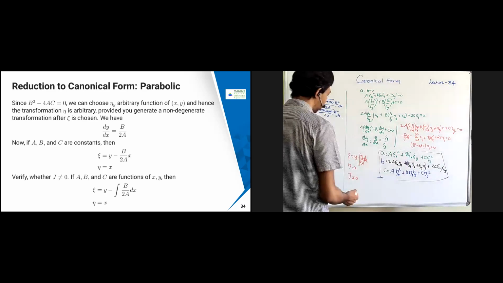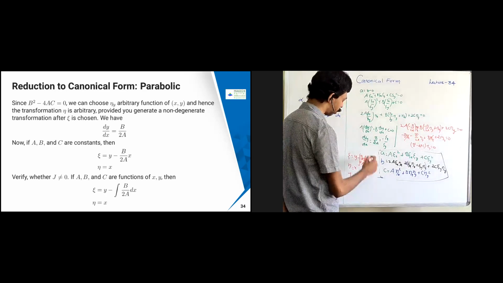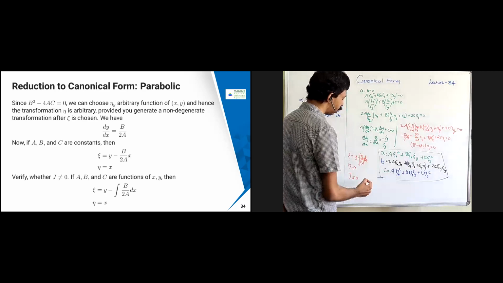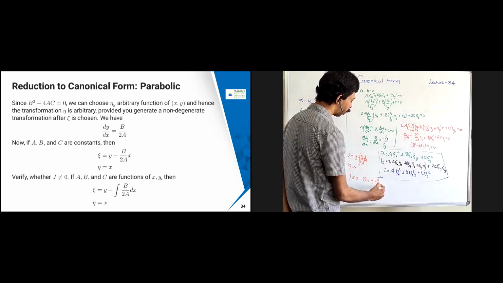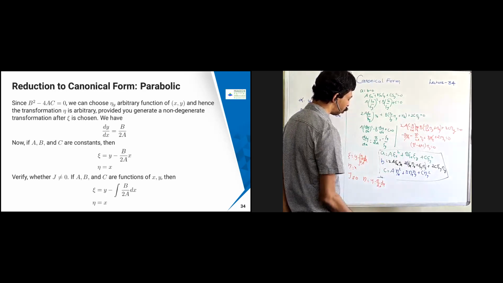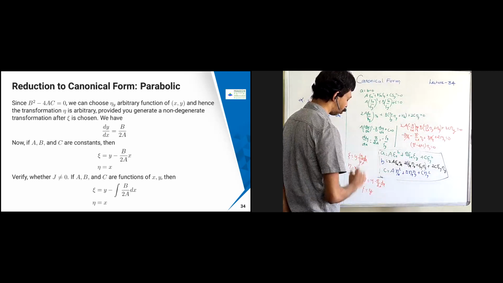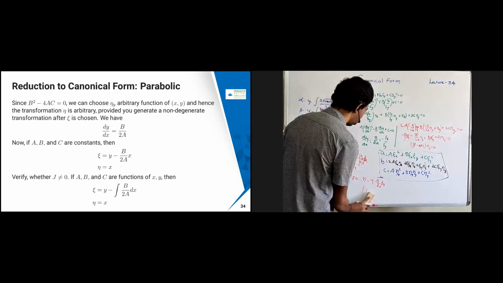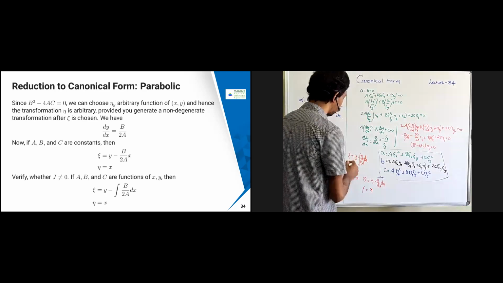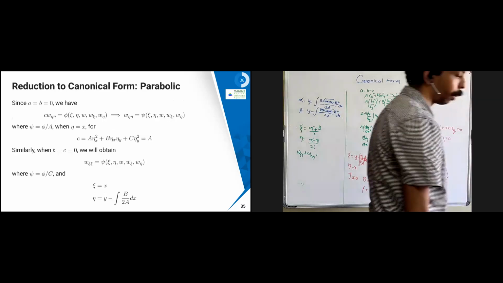Same way, we can choose the other way as well. This is the one we can interchange. So you can just choose eta equal to y minus b by 2a into x also. And chi equal to x also. Sorry, chi equal to x, not y. You can just interchange this way. It doesn't matter. There also you are going to get the same kind of information.